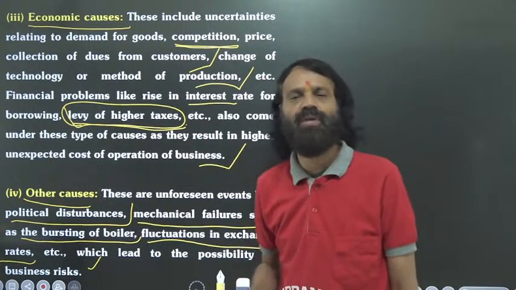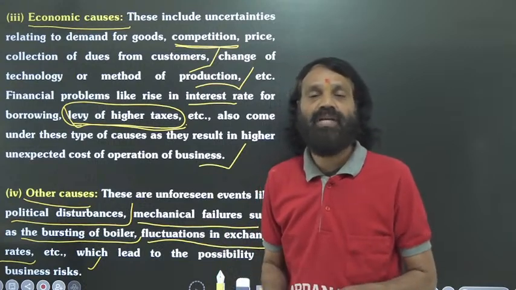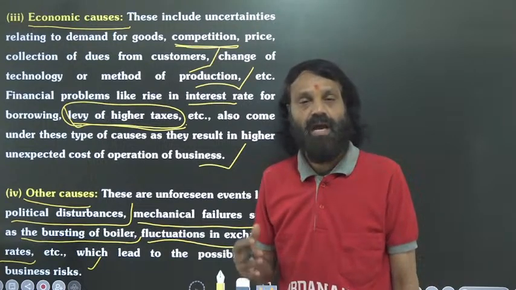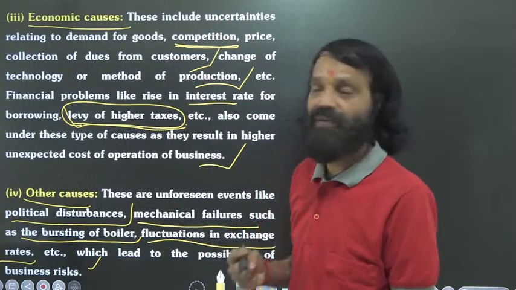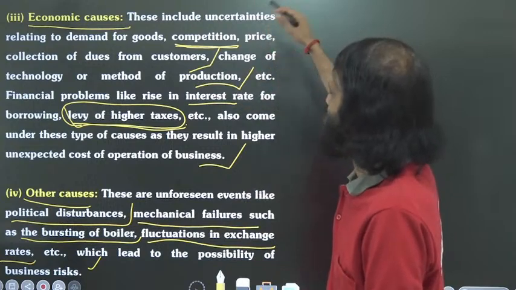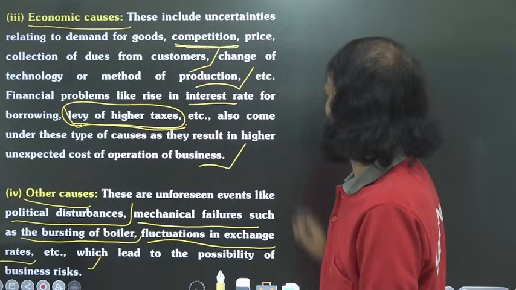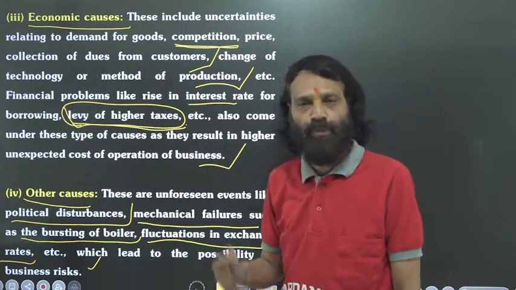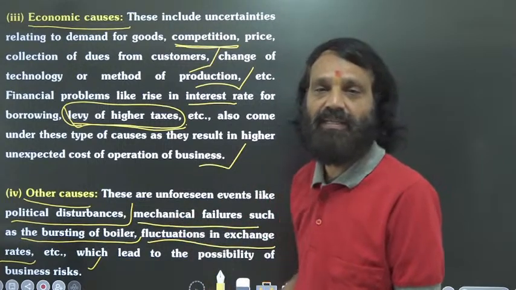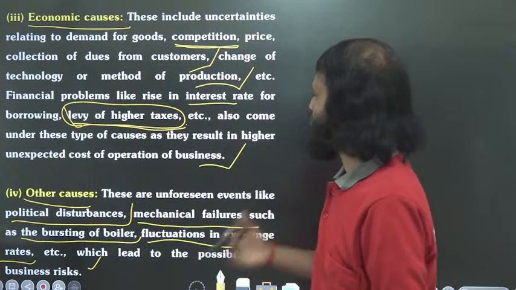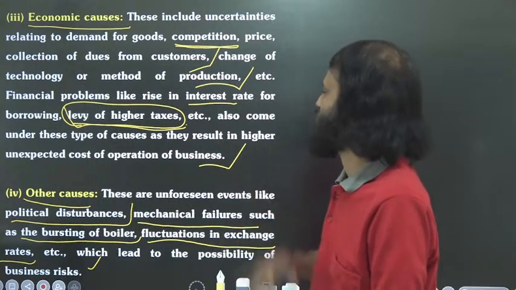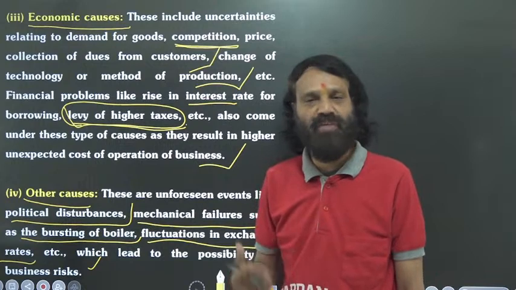So what we understood is that we want risk-free business situations in our country. That is possible only when we have a stable government in our country and fewer risk factors. We have gone through various risk factors in the economy, in the market, and the producers' troubles and problems, the factors which create risk in the market. So a good producer or owner must understand all these factors and try to reduce his risk and create more profit in his business.